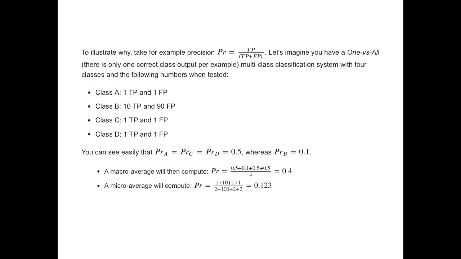Okay, so basically when you have imbalanced settings in which one class has a much larger number of samples, it's highly advisable to use micro F1 scores, which will better reflect the reality of the results that you